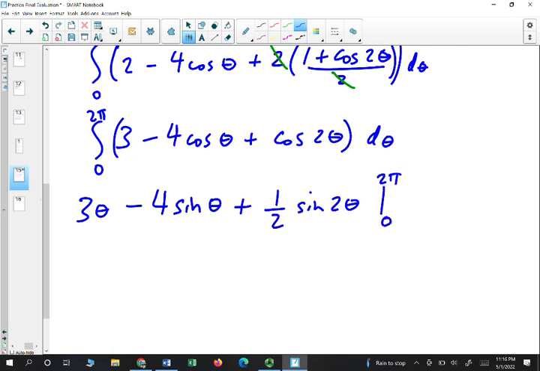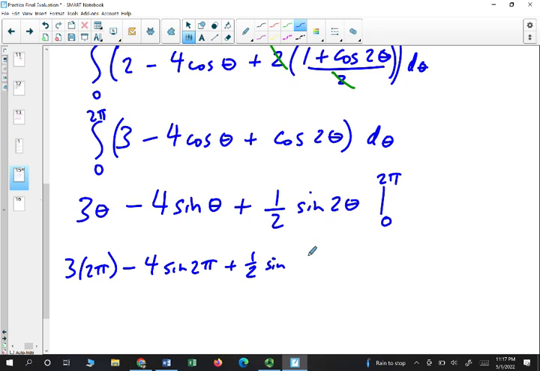And now we could plug in 2 pi, plug in 0, and then we could subtract. So we have 3 times 2 pi minus 4 sine of 2 pi plus 1/2